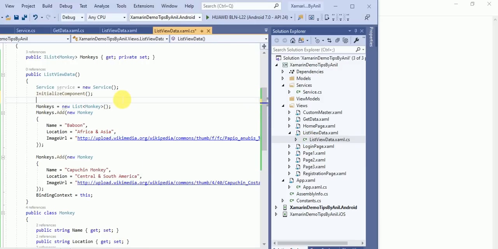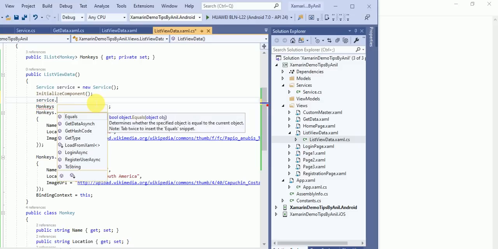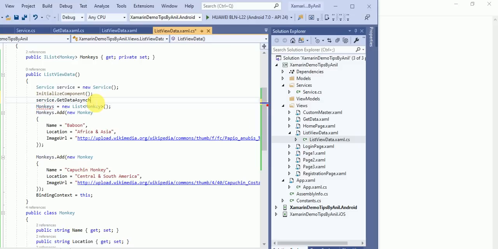I have already created an object, so using this object, service.GetDataAsync, and here I will pass an access token. From where will we get this access token?